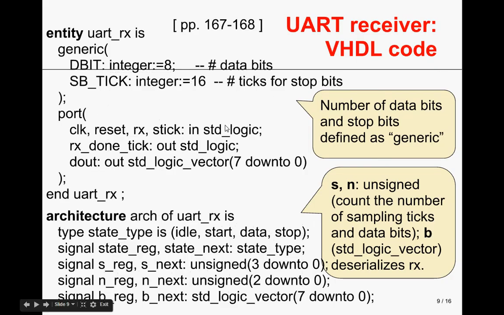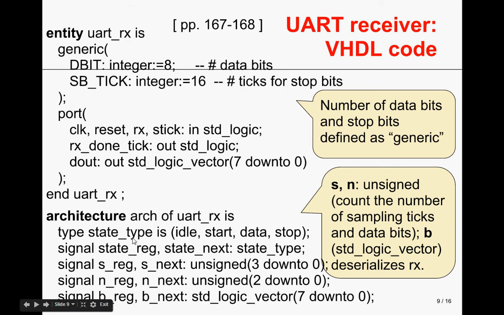So the VHDL code will now be easy to analyze. We start with an entity declaration that comprises a generic structure for the number of data bits that will be used and the number of stop bit sampling ticks that are required. In this case, 16 means that we will be working with one stop bit. Well, these are the IO pins definition, and then I just call your attention to the beginning of the architecture body,